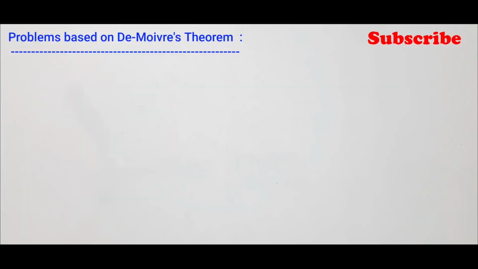Before watching this video, please watch my previous video, that is problems based on De Moivre's theorem part 1, so that you will get an idea of the important points which should be remembered to solve the problems on this concept. As well as, I have explained a few different model problems and a shortcut formula in the previous video, which will be useful for your competitive exams. Remaining model problems, let us continue in this video.